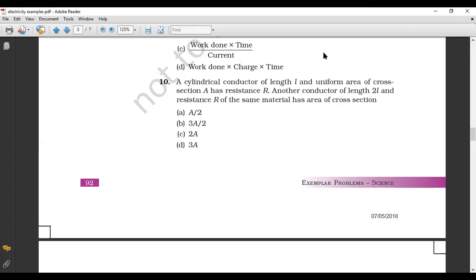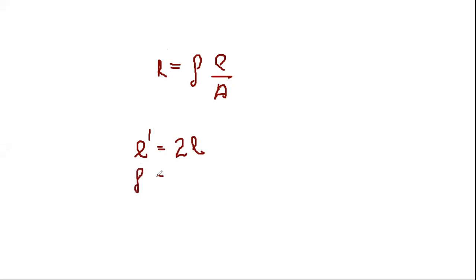तो उसका area of cross section कितना होगा? We can easily find it just by calculations. तो कैसे हम calculation से solve करेंगे? Let's see. So dear students, as we know that resistance is equal to rho L upon A. So you know the factors affecting the resistance. From here we know that our new length becomes 2L. Okay, so nature is same, so rho remains rho.